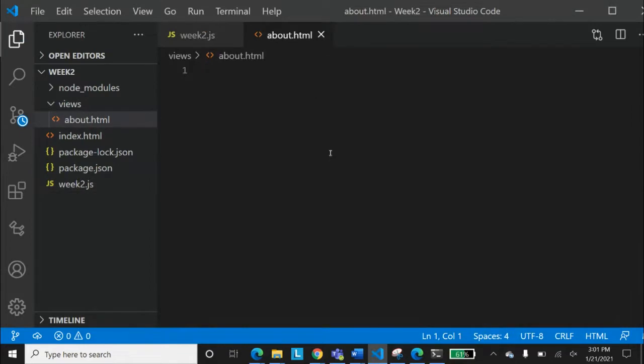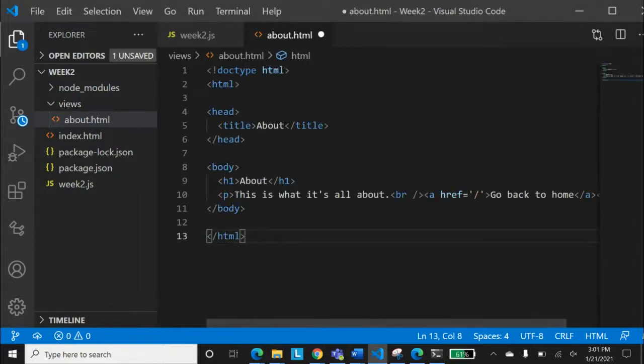First of all, about.html is supposed to be a complete HTML file that you can send. For your information, I'm just copying that from our notes and pasting it over here. If you do not have your notes open, no problem, you can just download it over here.